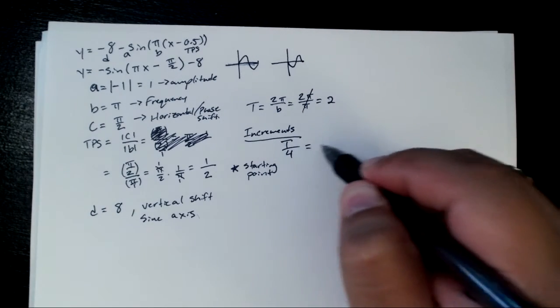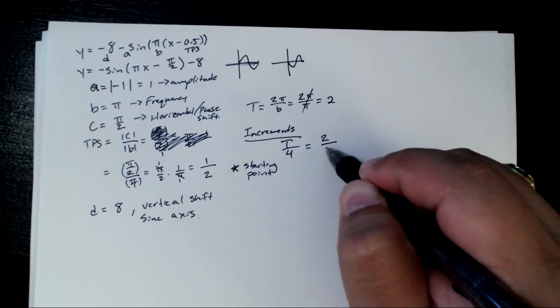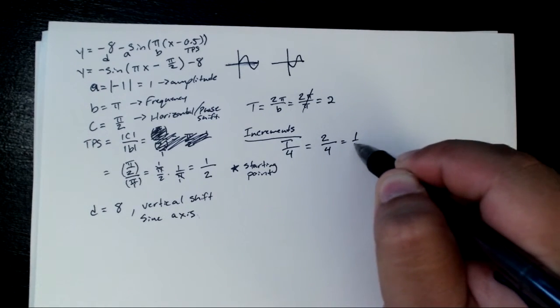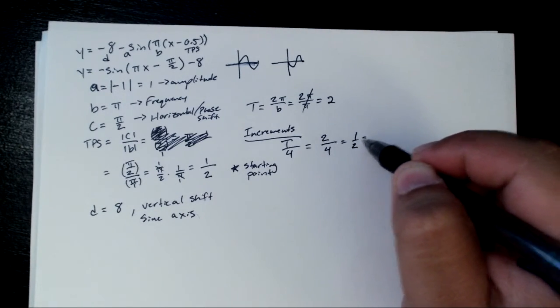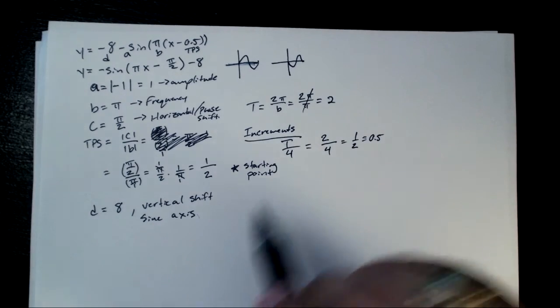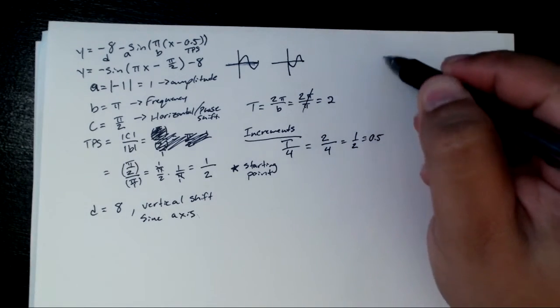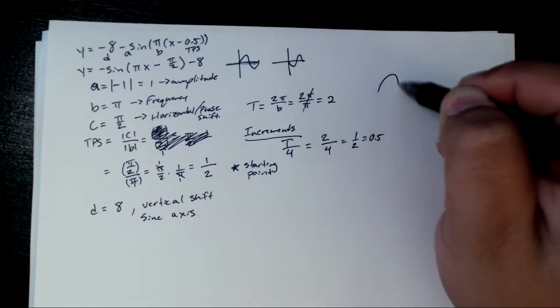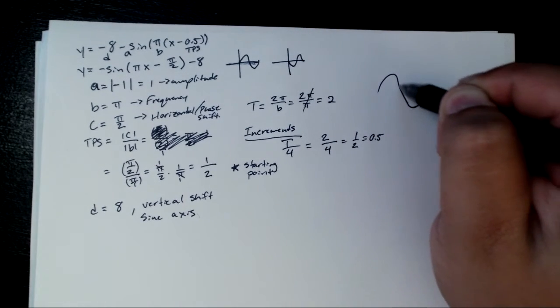So in this case, we're going to have a period of 2. We're going to divide by 4. So we should have increments of 1/2, or if you would rather, 0.5. Okay. And we said that the reason for that was that when you draw your sine wave, there's going